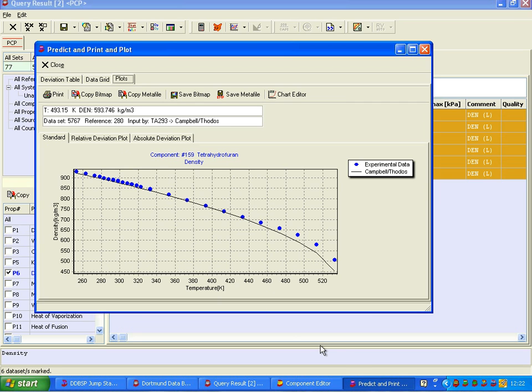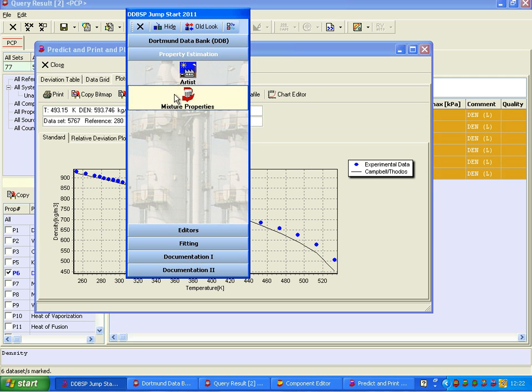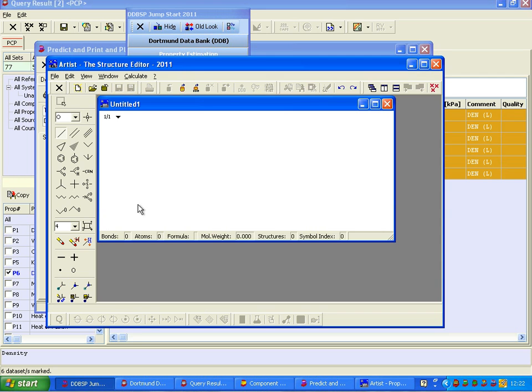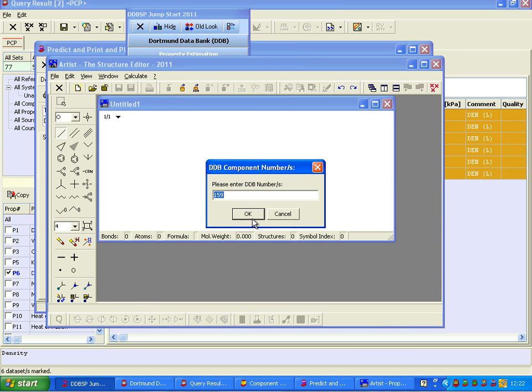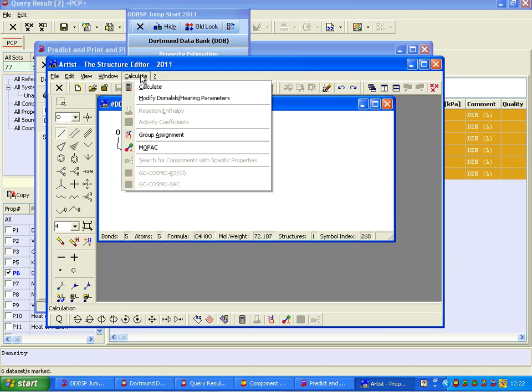Now we can enter Artist and have a look which methods are available there. So I go to jump start, property estimation, Artist. I still remember that the molecule was 159, the number, so I can just directly go here to DDB 159. So calculate,